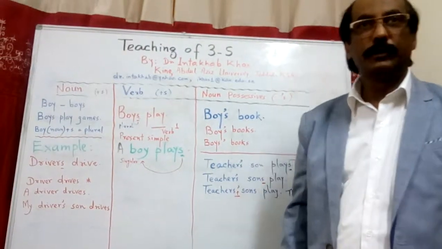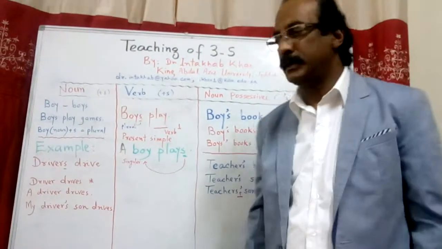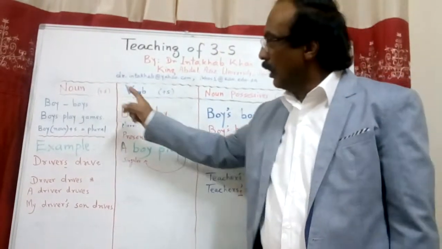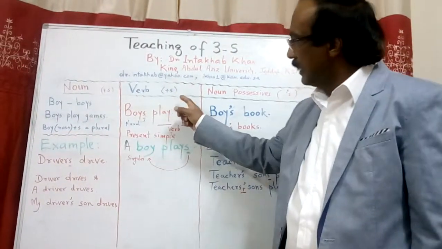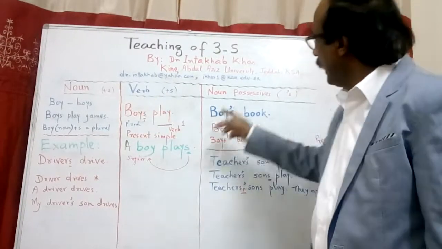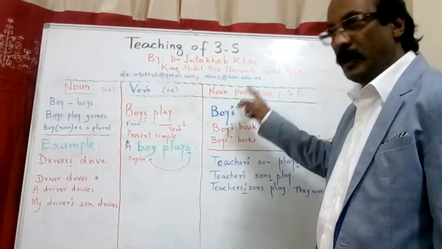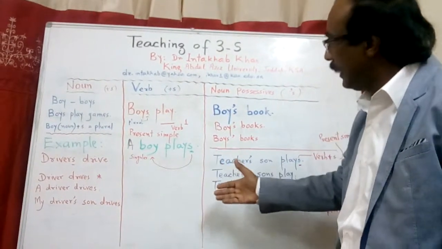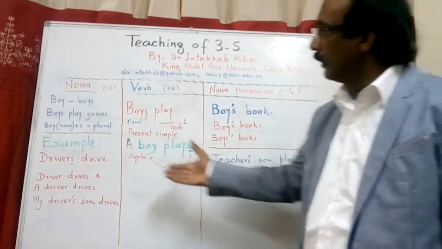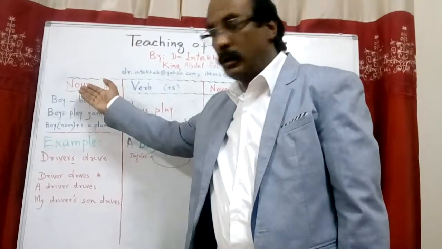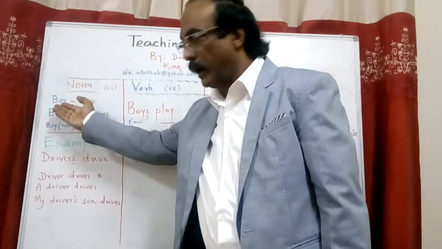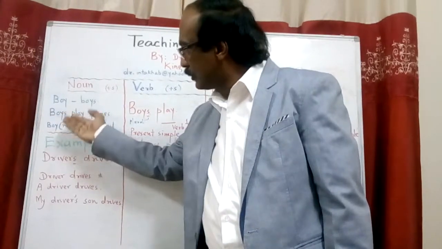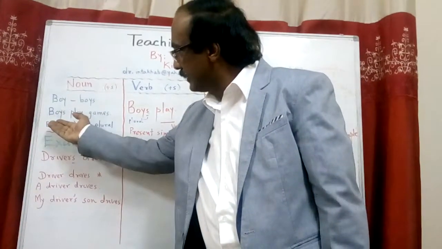Today I am going to share my experience on teaching three kinds of S: S with noun, S with verb first form, and S used with apostrophe to make noun possessive. I have made three categories here to explain one by one. Noun singular, for example boy, if added with S becomes boys, and it looks like this in a sentence: boys